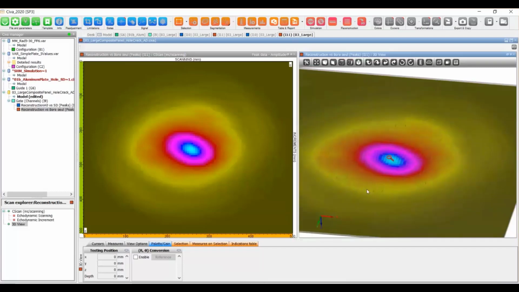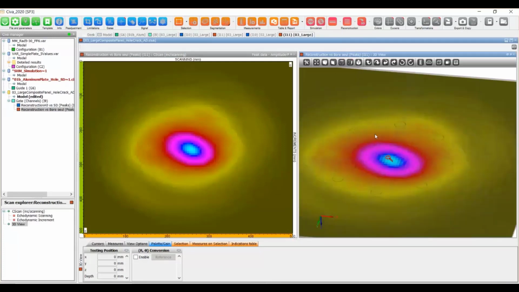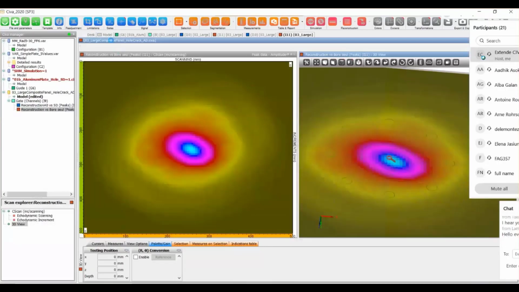Of course, depending on the distance to the edges, depending on the number of sensors, the distance between the defect and sensors, all this can change, and this is what you could investigate at no cost, let's say, thanks to simulation. Let's see another example with delamination. You can also introduce delamination defect in a composite structure.